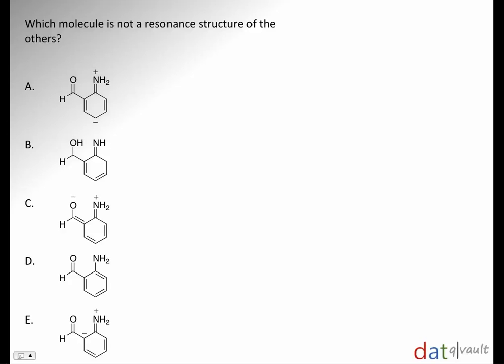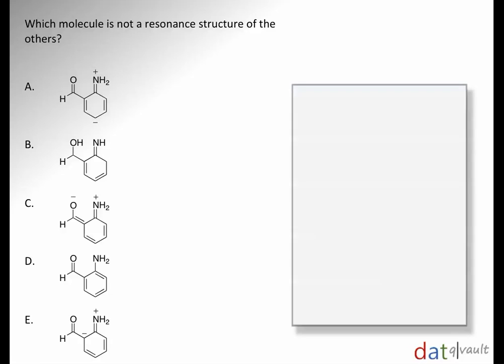Alright, now that you've had a chance to solve this question, let's go over it together. There are a couple different ways you could approach this problem. One of them will take a lot longer than the other, so you can pick out one of these molecules and draw all the resonance structures that you know of for it and figure out which one doesn't match up. Or we can try to remember all the rules for resonance structures and figure out which one doesn't really match up. The rule that comes to mind for me is rule number 1, and that is